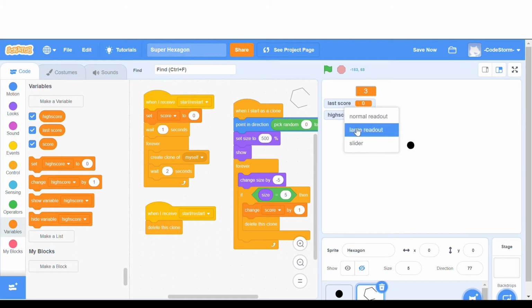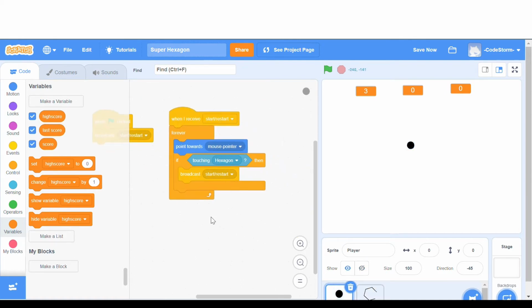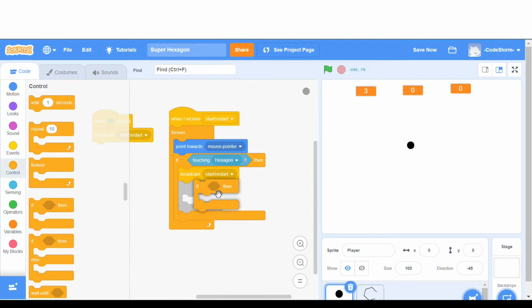So now, when we play the game, we want to see when it restarts. So when the player dies, we want to check if. We'll do this before that. So check if